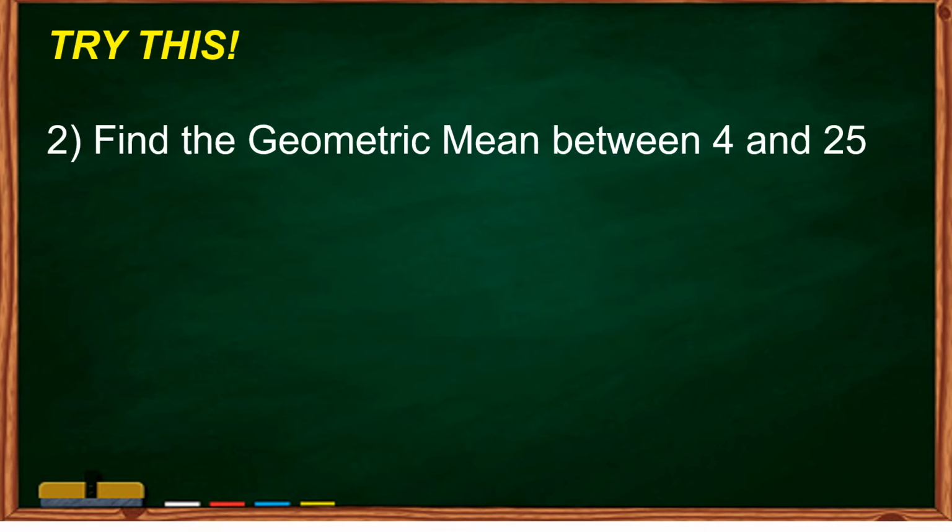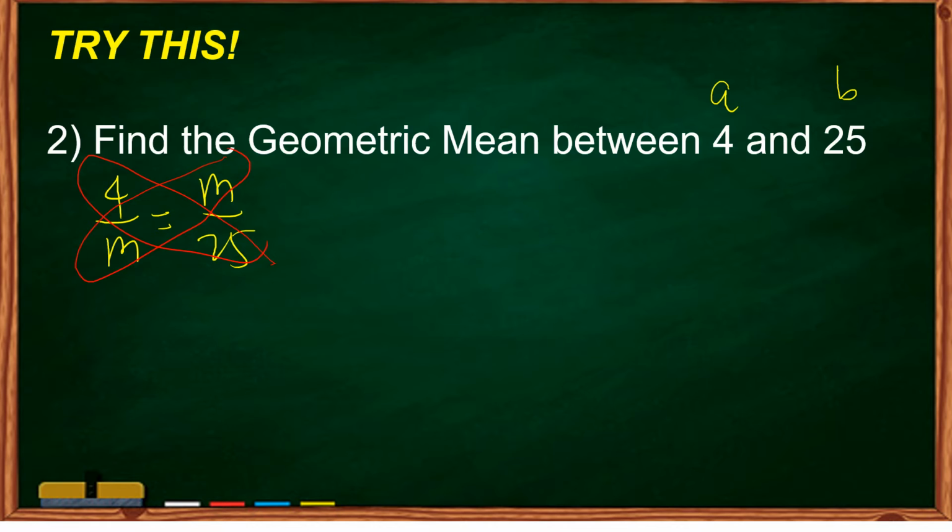Okay, so the next problem is we want to find the geometric mean between 4 and 25. So the same process, we assume a is 4, b is 25. So 4 over M, or 4 divided by M, equals M divided by 25. And if you are going to cross multiply, then we have M squared equals 4 times 25,